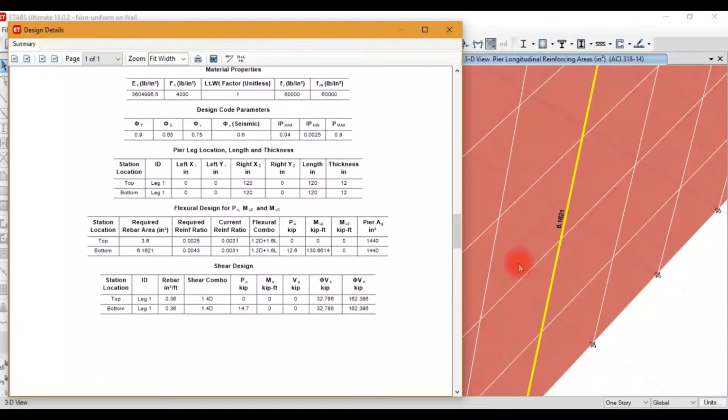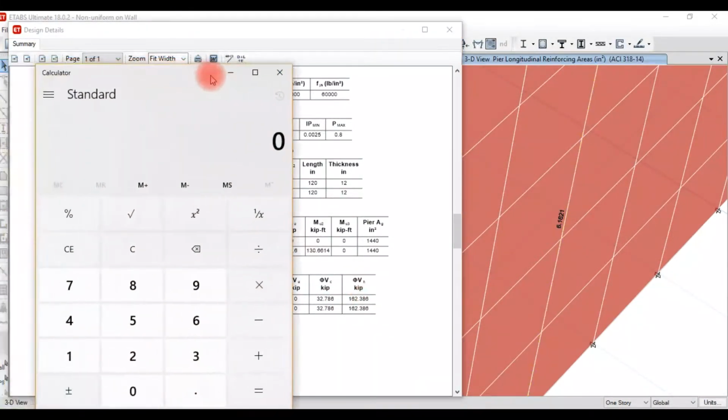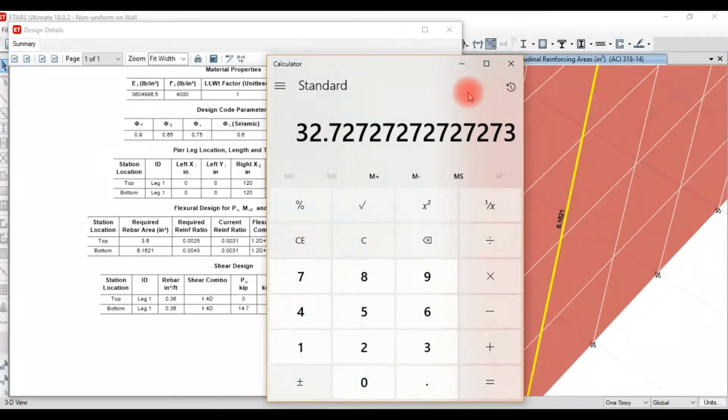But this calculation of area, the bar size is very high. We can reduce the size, so use a smaller bar size, for example 0.11 for number 3.